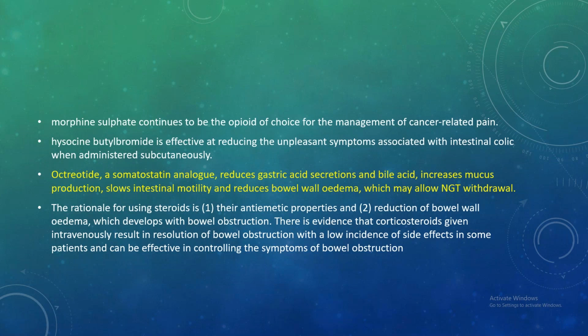Now, why will you be using steroids? Because of their antiemetic properties and reduction in bowel wall edema. This bowel wall edema develops with bowel obstruction, and steroids will help to relieve it. Also, there is evidence that when corticosteroid is given intravenously, it will result in resolution of bowel obstruction, and the side effects will be low. It can be effective in controlling the symptoms of bowel obstruction. So when the patient is not for surgical management, you should start them on steroids to see whether it resolves